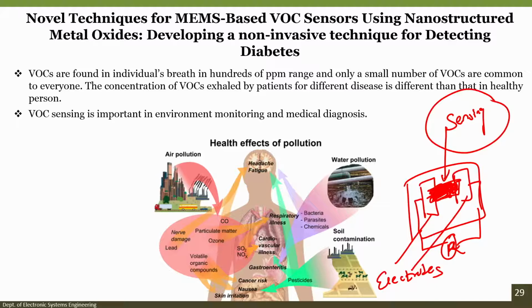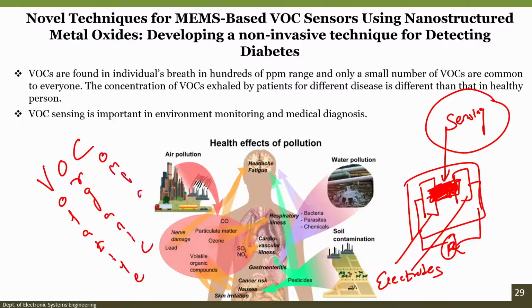Sensing layer would change the resistance depending on whether the gas has an oxidation property or a reduction property. Now, what is oxidation and reduction? If the VOC or a gas, so what is VOC? VOC is volatile organic compound, okay, volatile organic compound. So, volatile organic compounds are compounds that are volatile in nature at room temperature.